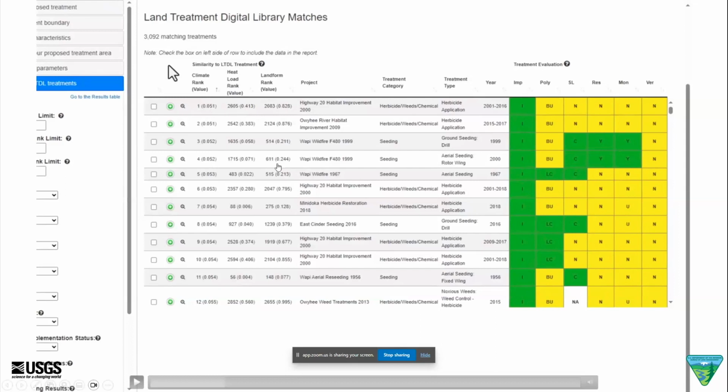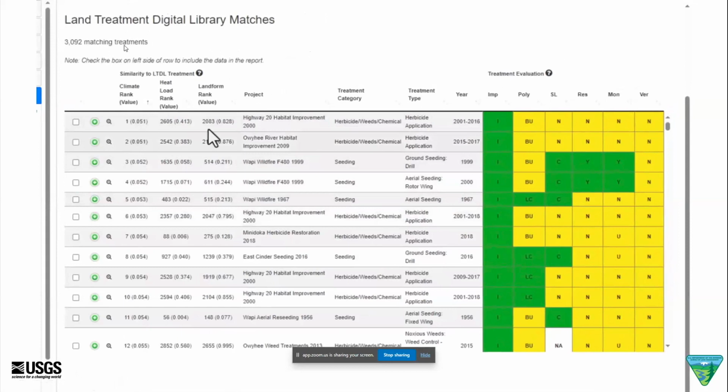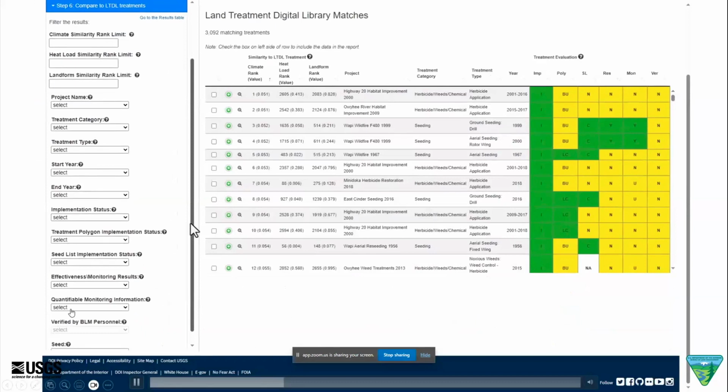So you can look at these rankings of similarity to try to find some areas that are fairly similar, might have some inference to your current location. And so 3,000 is a lot to think about, but we do allow filtering so that you can reduce this list down. If we go over to these filters over here, we have lots of different options